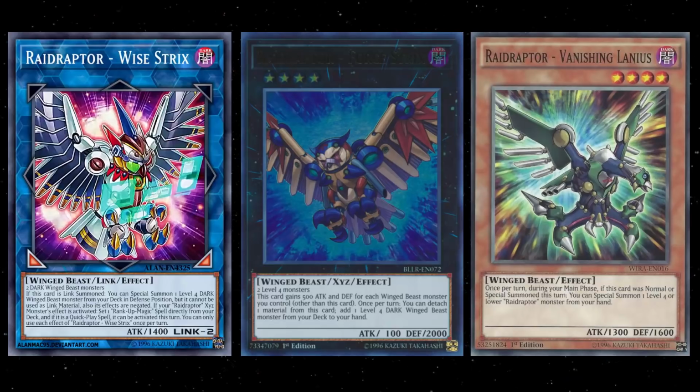GB2 capital G here, checking out the brand new RaidRaptor Link monster that just got revealed. This is of course coming out of the Link Frames Pack 2, and even though I'm not some RaidRaptor